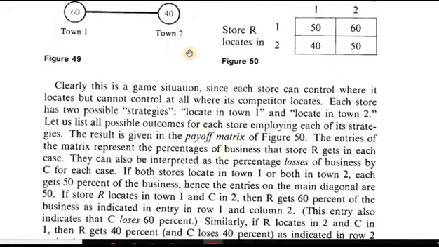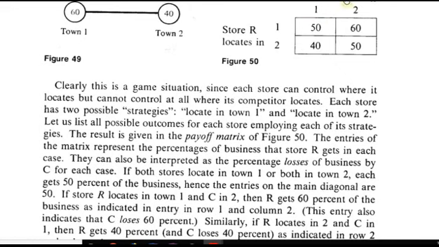Now you can think of this one by one. So think of it from the point of view of store R. Store R says, okay, if I choose location 2, well, let's think about this. I mentioned we're talking about max-min strategies. So I want to maximize my minimum gain. So his gains are these values. Now if he goes in location 2, there's 40 and 50. Right? So his minimum gain is 40. On the other hand, if he locates his store in 1, his minimum gain is 50. So from that point of view, he's going to locate in town 1.